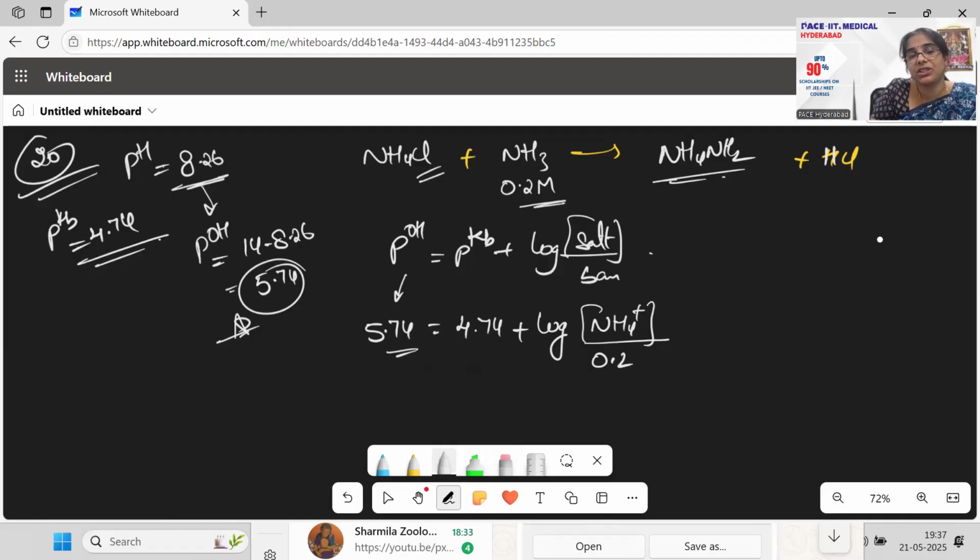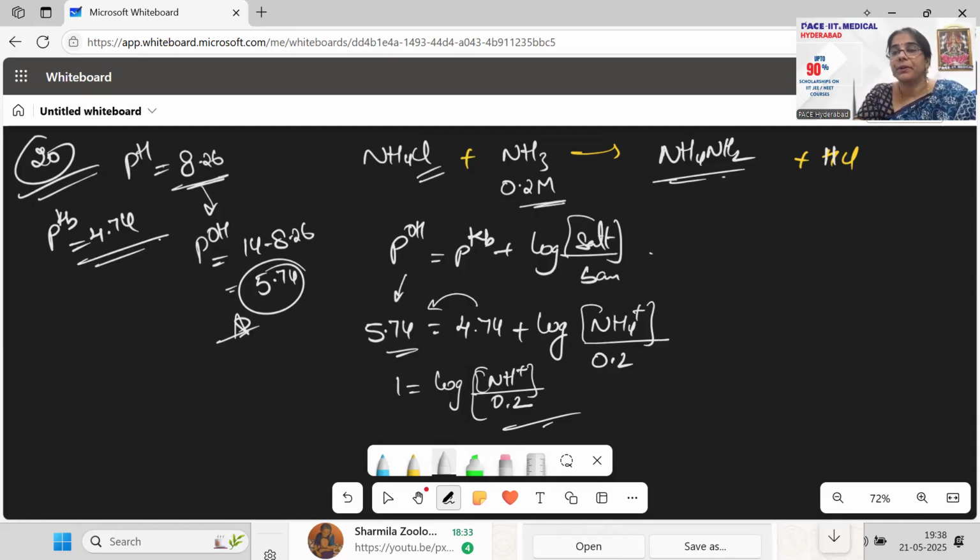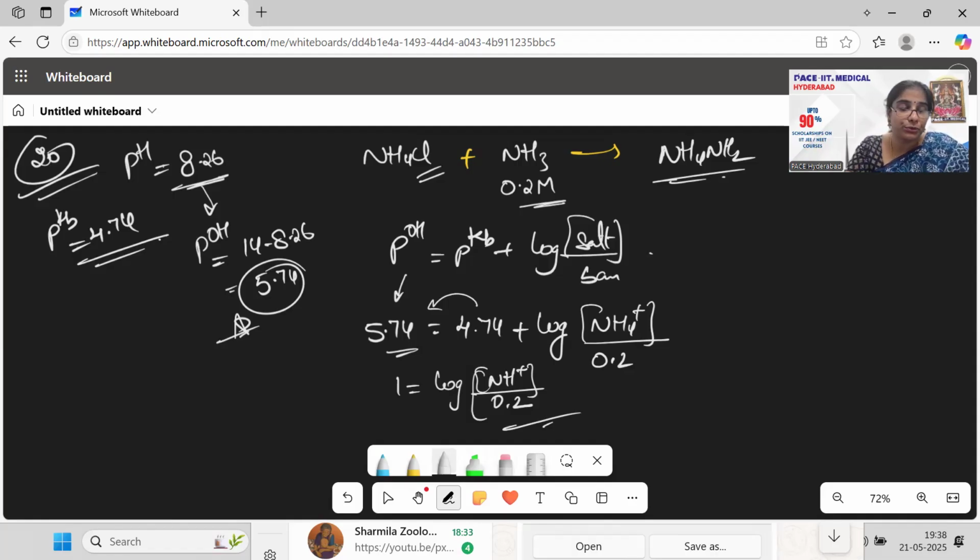So now 4.74 goes to the left side, and 1 is equal to log of ammonium concentration by 0.2. So from here, you bring out the anti-log of 1. And those values generally will be given to you. Don't worry about that. Anti-log values, you will never worry about that. That would be my answer there. From there you will get the ammonium value too. Here in this case it is not given to you, but initially you were given your log tables and anti-log tables, but now it is not given. It's no worries at all.